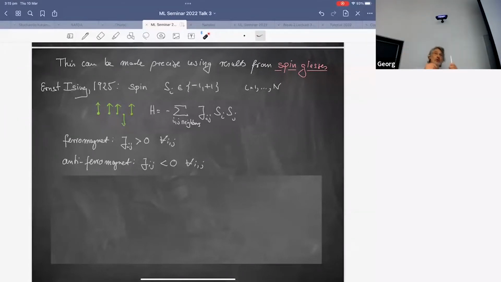The simple model they have is that each atom is like an elementary magnet that has its north pole up or north pole down. So that's a spin up, spin down. And now these spins, or atoms, live on a lattice. It could be a one-dimensional lattice, or a two-dimensional or three-dimensional lattice. And they start to interact. If they are ferromagnets, neighboring spins want to align. If they are anti-ferromagnets, they want to take the opposite direction.